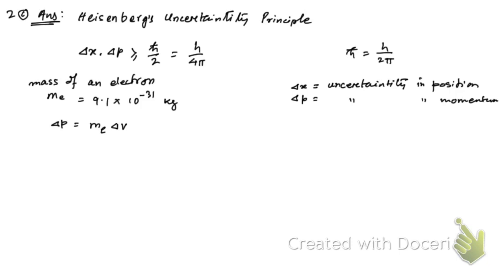One more thing: suppose this is the nucleus and its radius is r. Then for the electron to reside within the nucleus, it must be within the range of twice r. So for the electron to be in the nucleus,